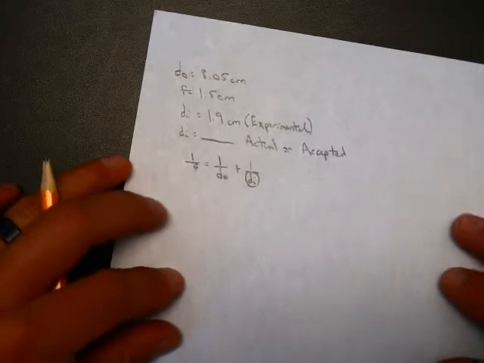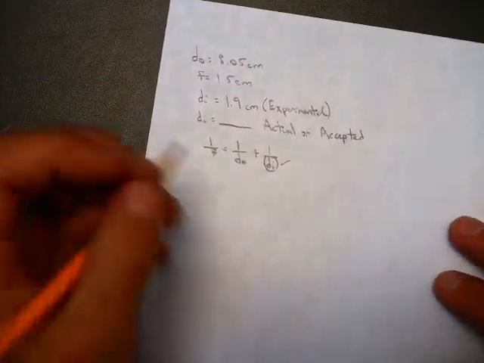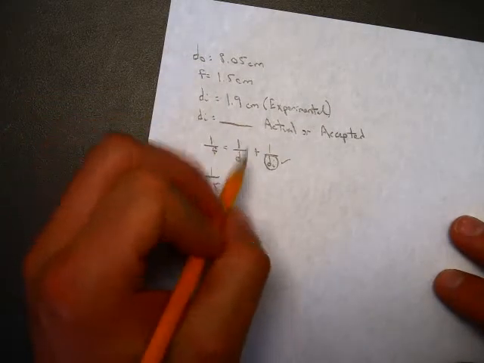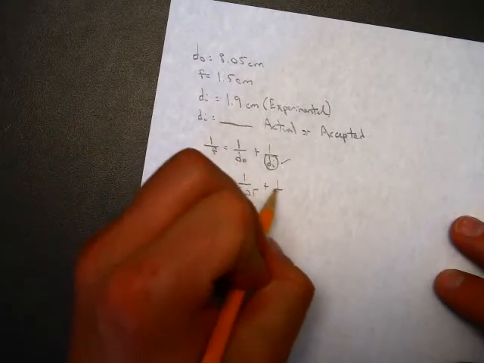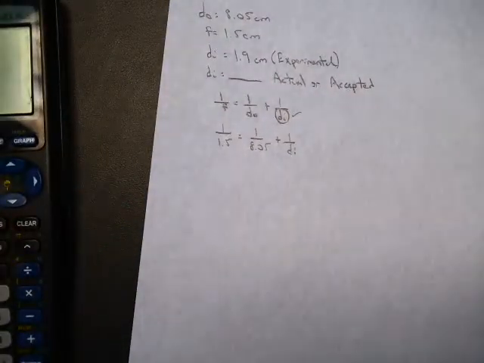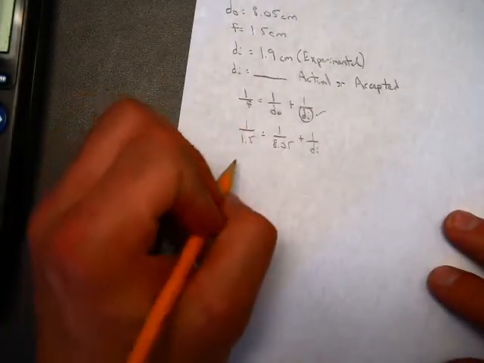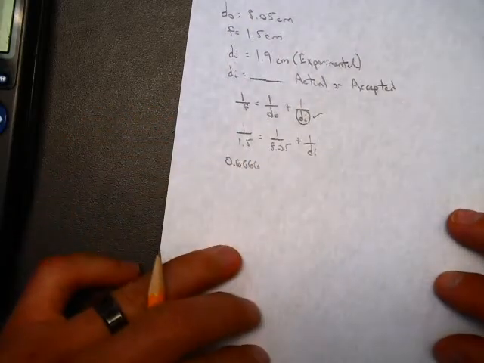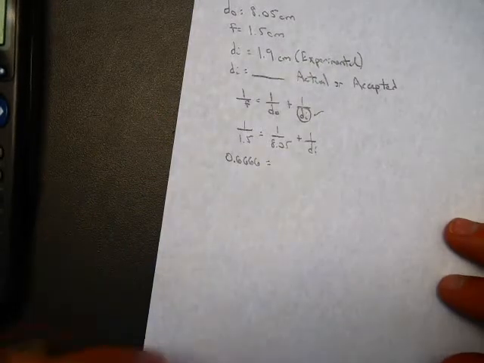So what I'm going to do now is I'm just going to plug. I've identified my variables. I'm looking for this right here. I'm just going to plug and chug. 1 divided by 1.5 equals 1 divided by 8.05 plus 1 over DI. Like I said, guys, I don't like fractions like that, so I'm just going to divide them out to get rid of them. So 1 divided by 1.5 equals, unfortunately, 0.6666. All right, that equals 1 divided by 8.05. That equals